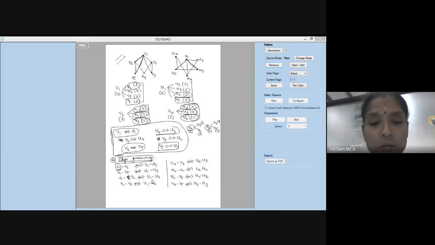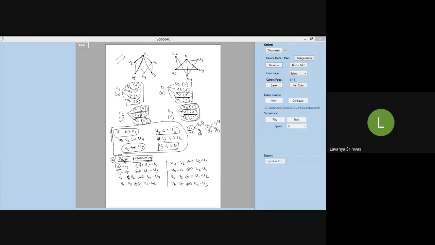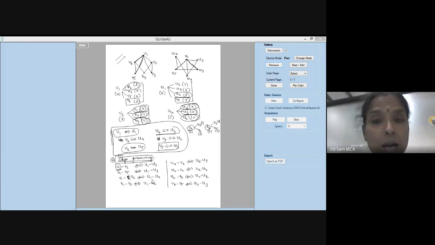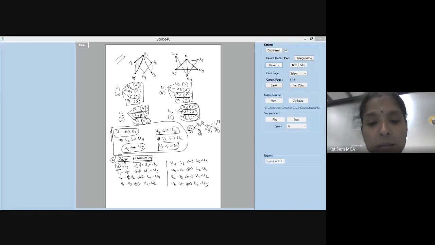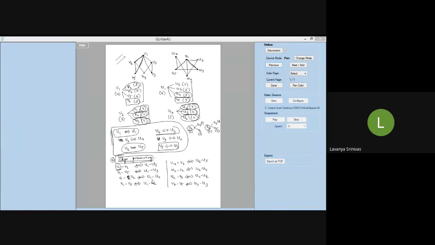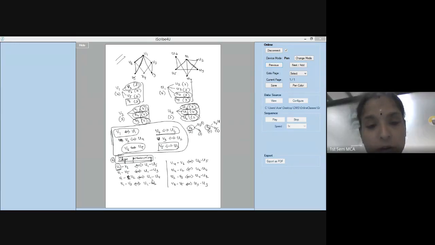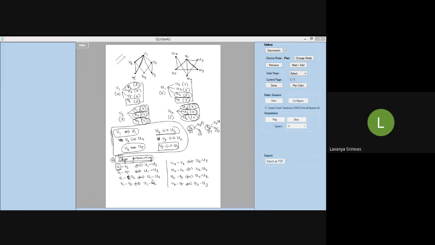See, U1 to U4 I have taken, is it not? Yes, ma'am. You look into the graph, U1 to U4, is there an edge? Yes, ma'am. What you have taken, U1 to U6, is it not? Yes, ma'am. Do you have an edge in U1 to U6? No, ma'am. You don't have. So you cannot bring that in. There itself you can find out that something is wrong. Every edge should be equivalent to every edge. Okay, ma'am.